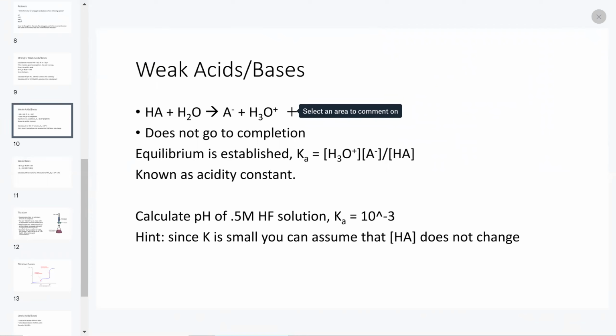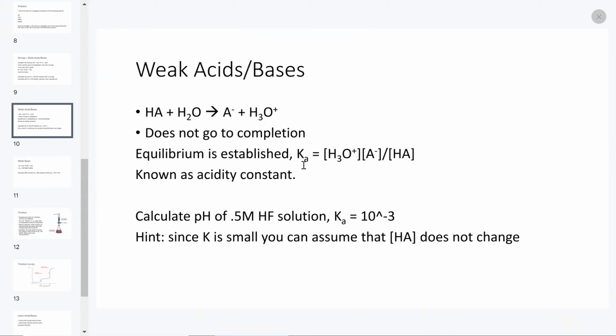Phosphoric acid. So these do not go to completion. That means we're going to have a mixture of A minus, H3O plus, and HA. So we have some mixture of A minus and HA. In other words, we have a mixture of the acid and its conjugate base, right? We have a mixture of the acid HA and the conjugate base A minus. So the reaction doesn't go to completion, and we establish an equilibrium where we have Ka, which is known as